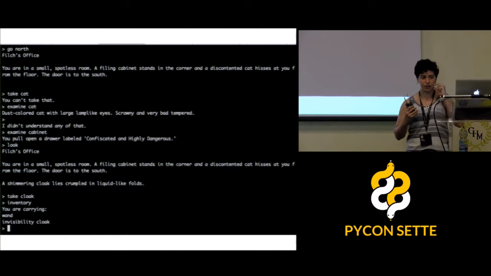If you've ever played a choose-your-own-adventure game, you may already be familiar with this kind of state machine format and setup. And the main difference is that in a choose-your-own-adventure, you're presented with a discrete, finite set of state changes that you can make. And in a text adventure, you can try typing whatever you want and seeing what happens.